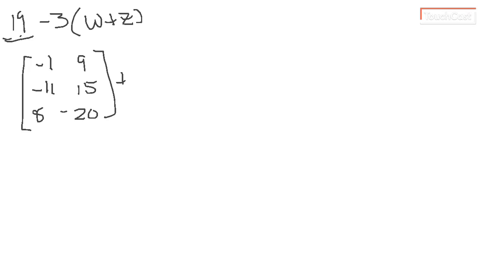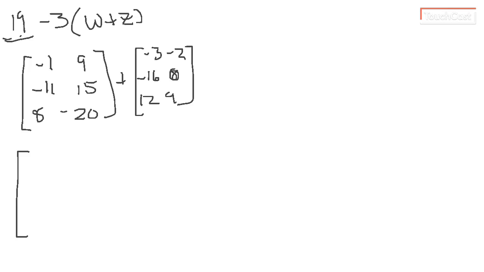We're going to add to that -3, -2, -16, 0, 12, and 9. So when we add these together, the resulting matrix should look like -1 plus -3, 9 plus